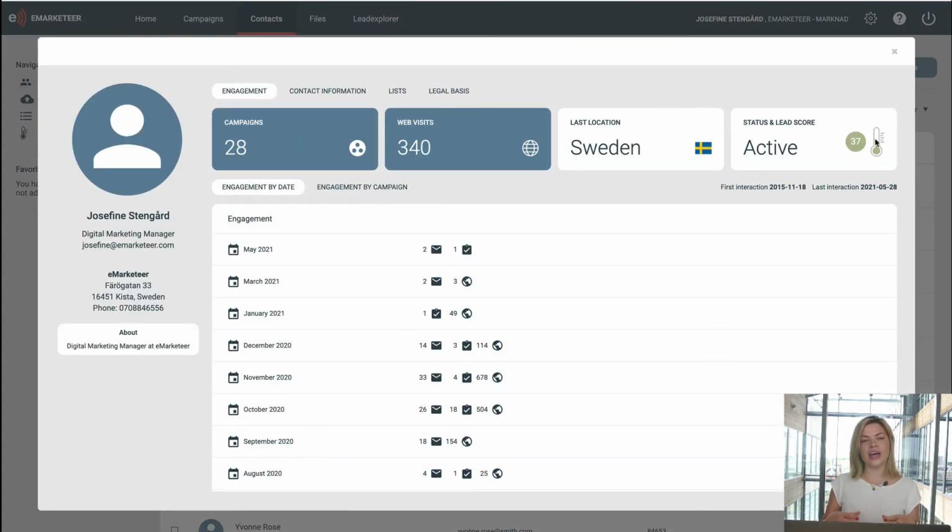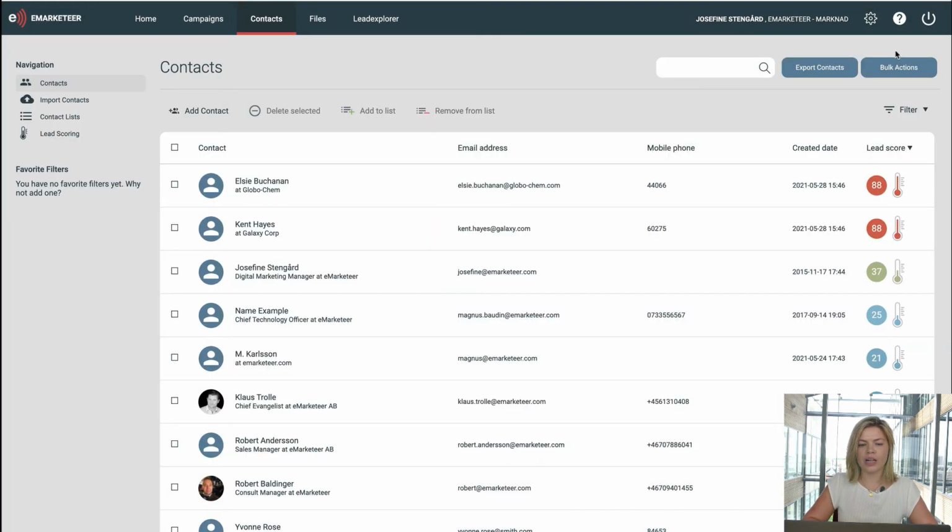Now, let's say that when you put together your lead score model, you decided together with your sales team that a lead that has more than 80 points is considered an MQL. So let's say that you want to find those contacts in eMarketeer. And we do that with the help of filters.